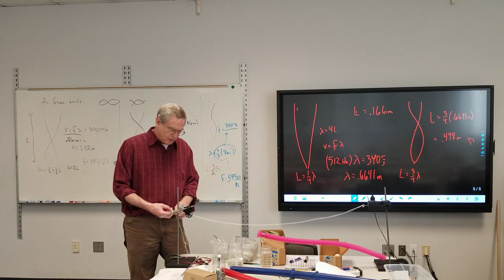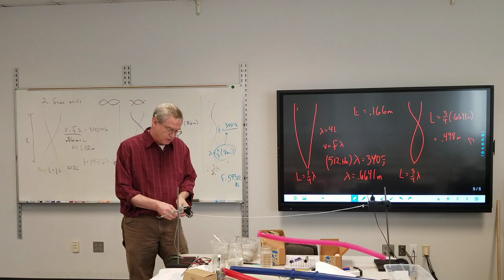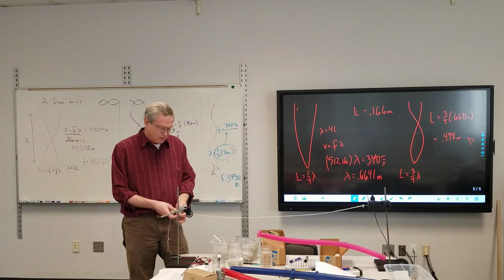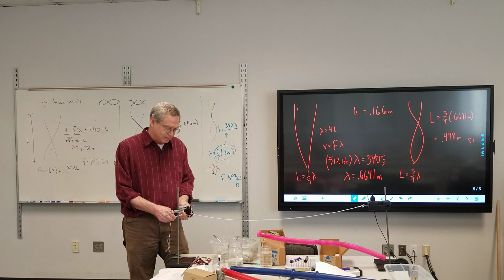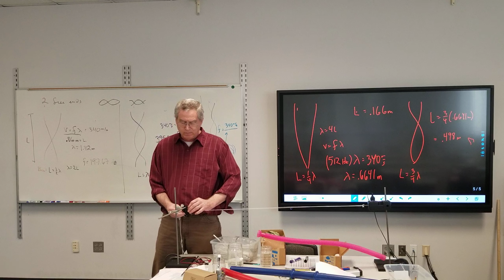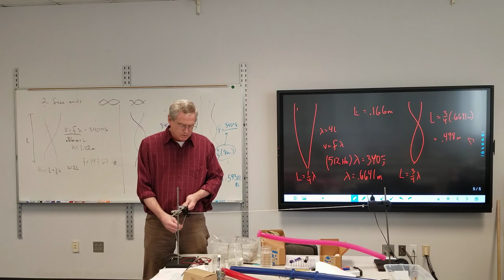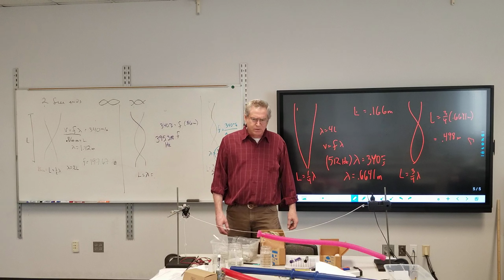So to know what harmonic we are, we just look at how many antinodes we have. In this particular case, it's the number of antinodes in the middle. Sorry, number of antinodes, period. All right, so I need to add some mass to it, and